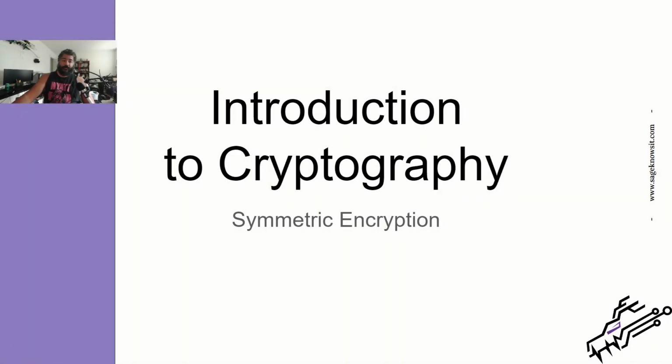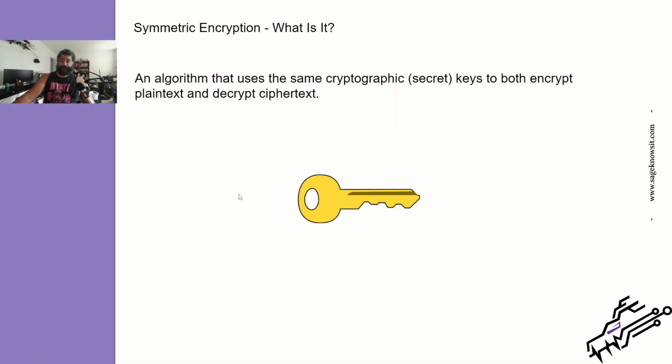All right, so let's talk about symmetric encryption. Symmetric encryption is an algorithm that uses the same cryptographic or secret key to both encrypt plain text and decrypt ciphertext. One of the ways that I try to remember this is, let's just say that I needed